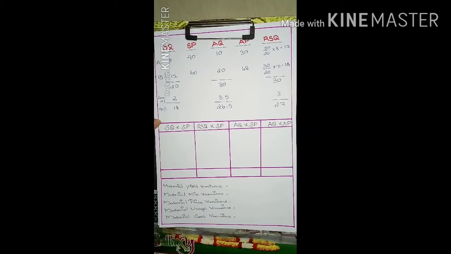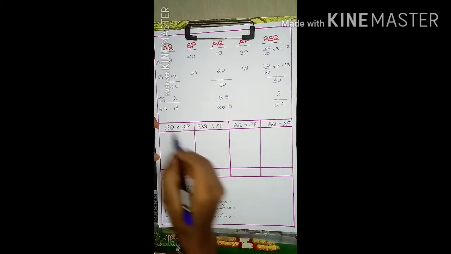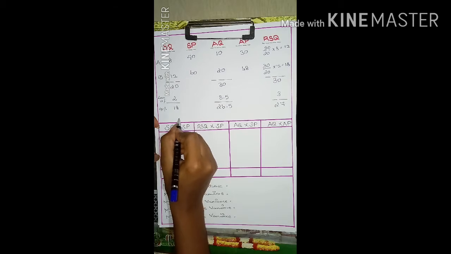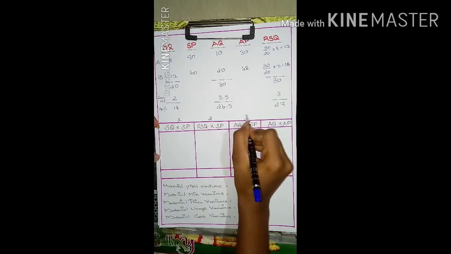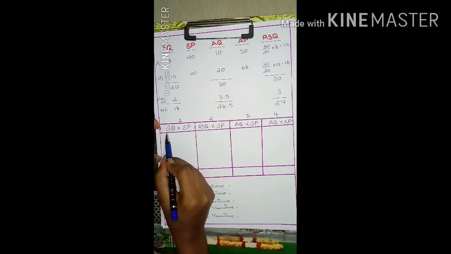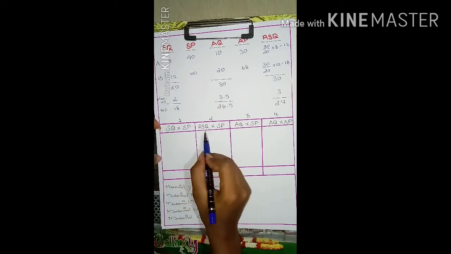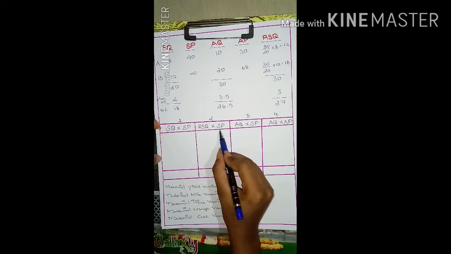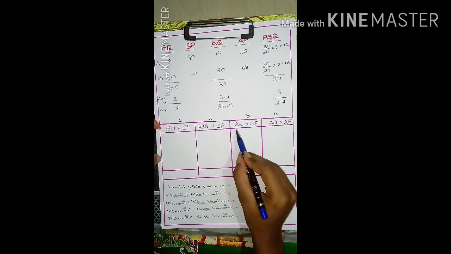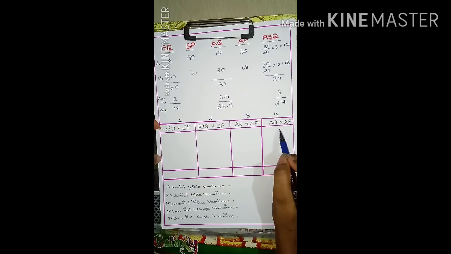Now we have completed the workings. Now we get into the answer. For finding the variance, use this simple method. Just memorize these rows. Let's give numbering to the columns 1, 2, 3 and 4. Memorize these 4 columns. Don't interchange them because there is a shortcut. First is standard quantity into standard price, column 1, and revised standard quantity into standard price, that's column 2. Actual quantity into standard price is column 3, and actual quantity into actual price is column 4.